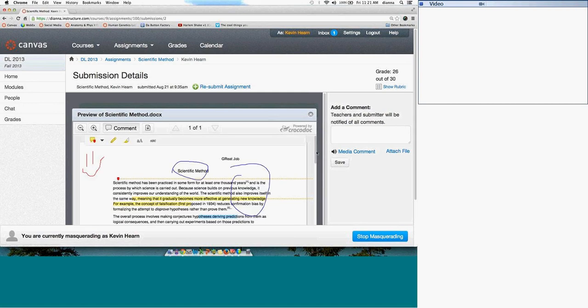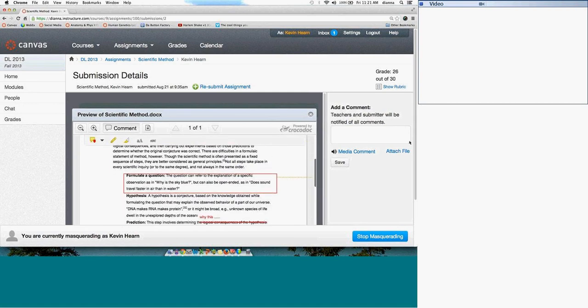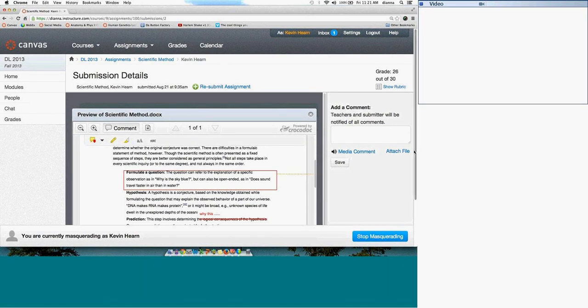That's where they would go to see the annotated version. So they can see the whole document here. The comments made in this will not show up in their inbox, but as a student, I can also reply to my teacher here and explain how I felt about what that comment is. And then I could say,